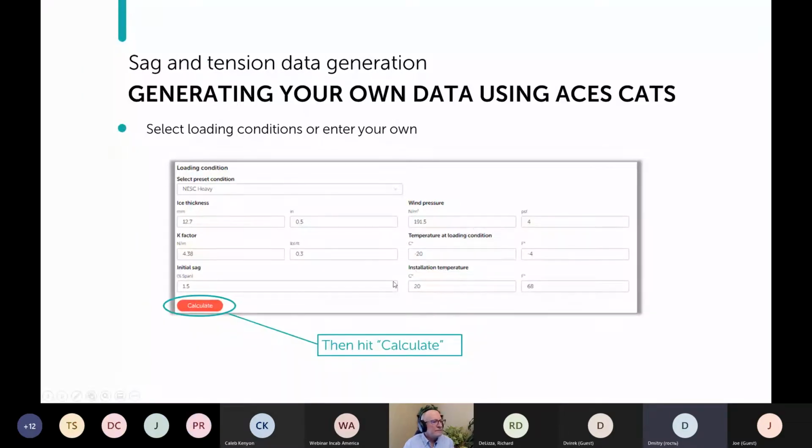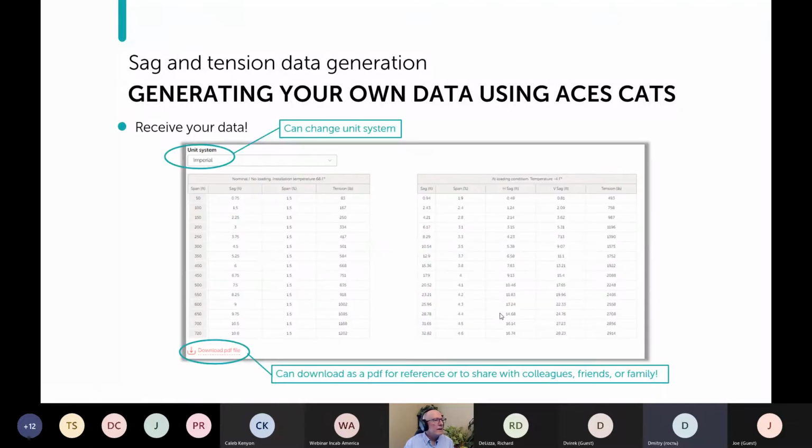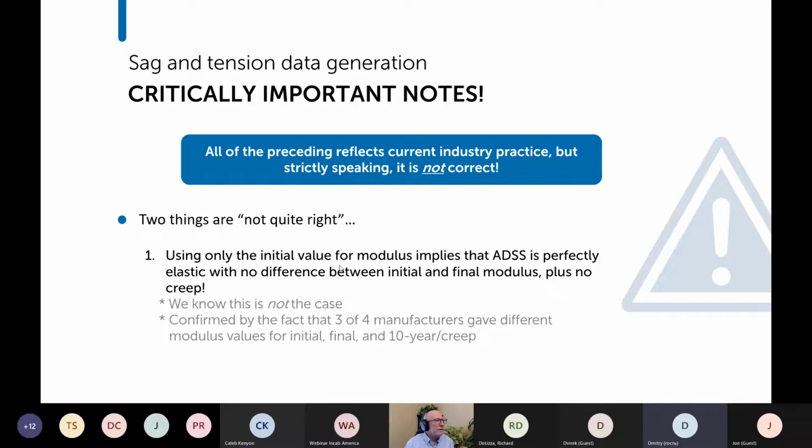Okay. All right, and we already talked about this. You can change the units, you can download the data. Now, that was all great, I hope you agree. But unfortunately,